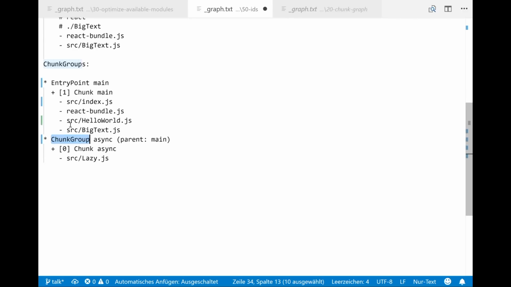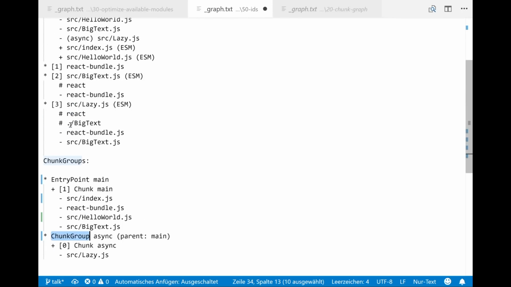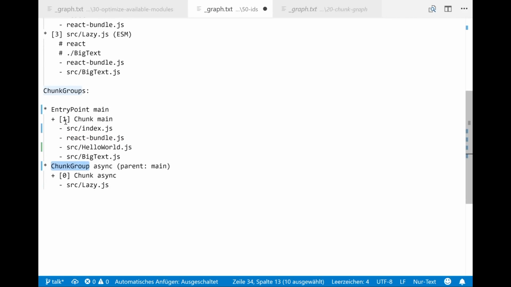So more often used modules get a smaller ID, and less often used modules get a higher ID. Why? Because smaller IDs are usually shorter in the code than higher IDs. So if you get more than 10 modules, you see it's different, because one number and 2 digits. So that's the idea, to make the bundle as small as possible.